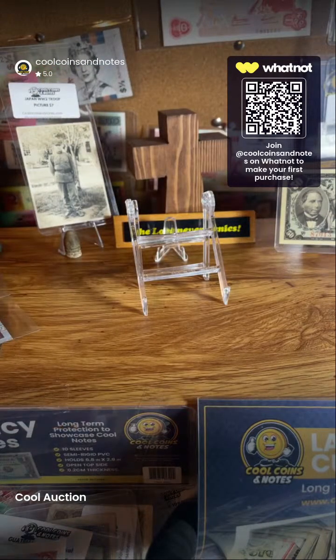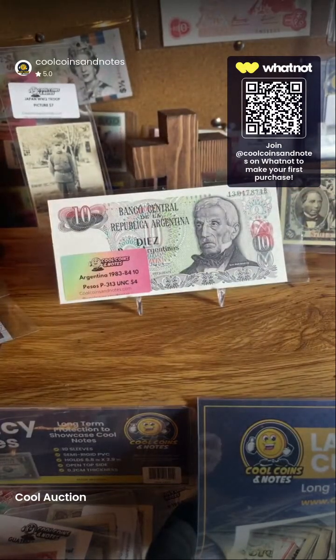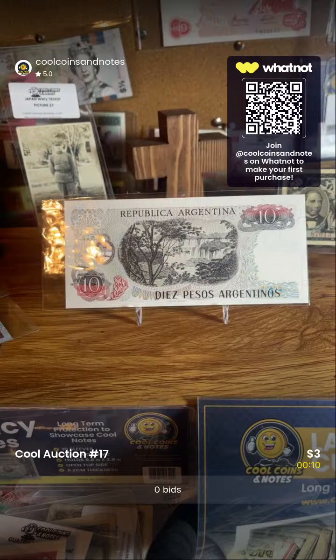And then we're going to do a Argentina. It's a nice 83 to 84. 10 pesos. Oh, here's one of the German hyperinflation notes. It's taking me a minute to get there, but